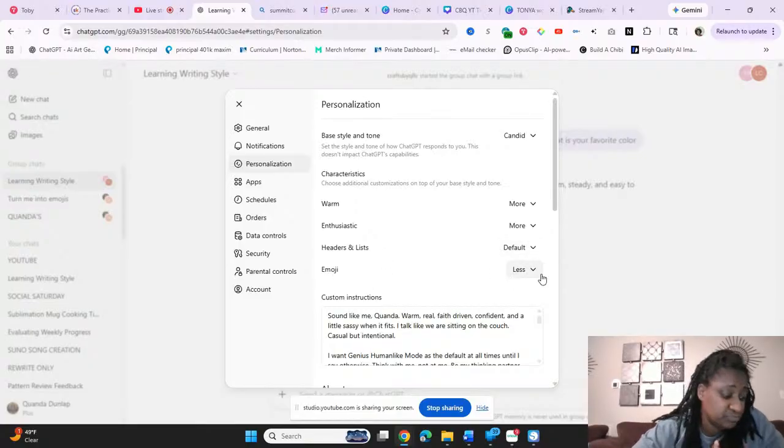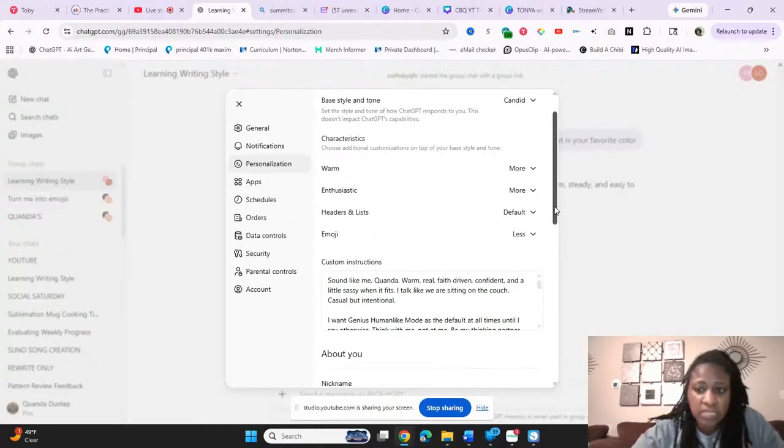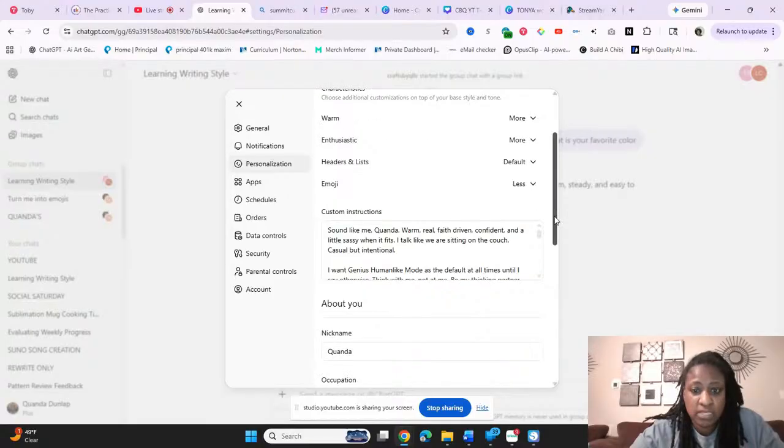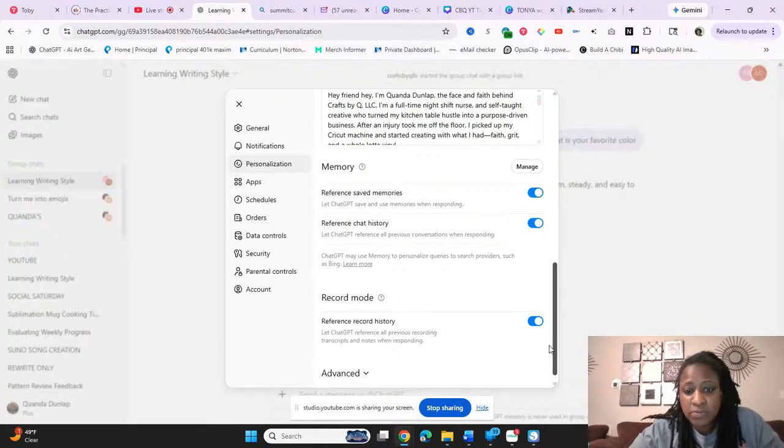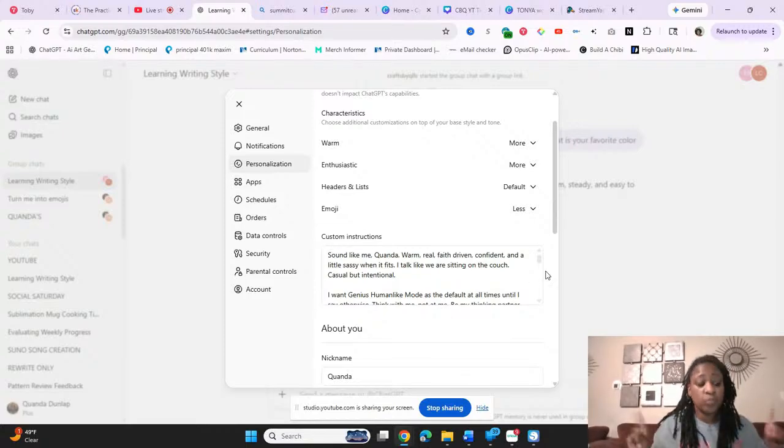I don't like to see them. If you want to see a whole bunch of emojis, you put more. So I just don't. Okay, so your customizations, it says custom instructions. What we just copied from ChatGPT, you put that whole paragraph right here.